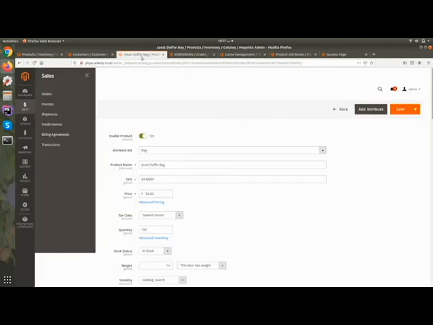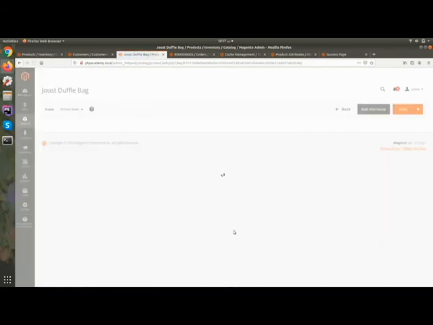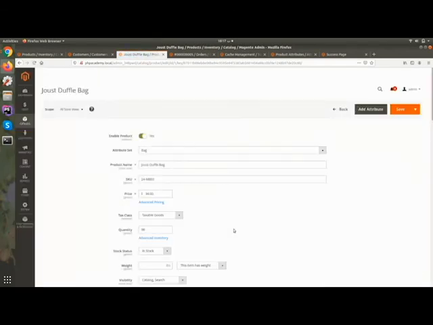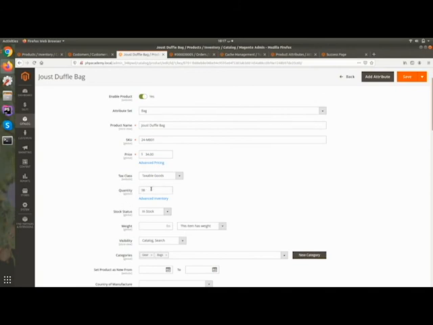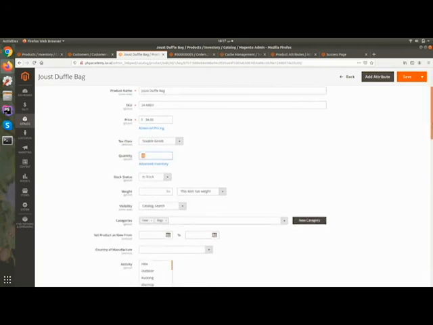Now if you refresh, you can see here 98. Once the order is shipped, it will deduct the quantity from the main quantity. I hope you understand this.